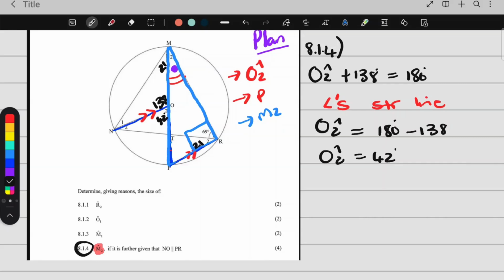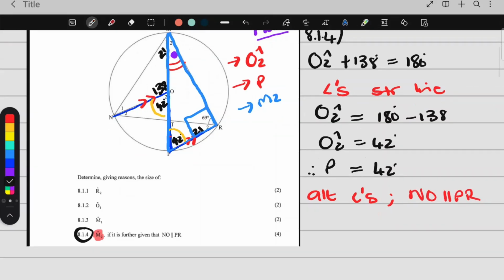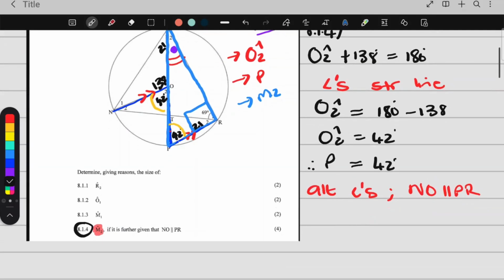And if O2 is 42, then P is also 42. Therefore, angle P is also 42. And the reason is alternate angles, and the lines that are parallel: NO is parallel to PR. Then after that, I'm going to work out angle M2. So in the blue triangle,